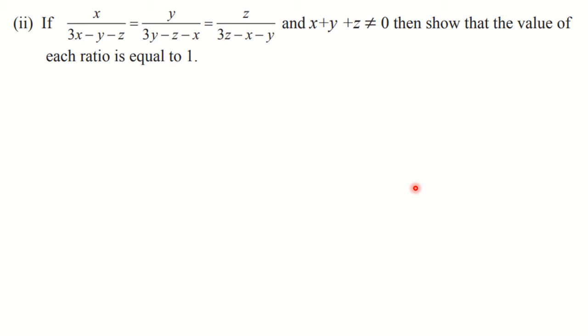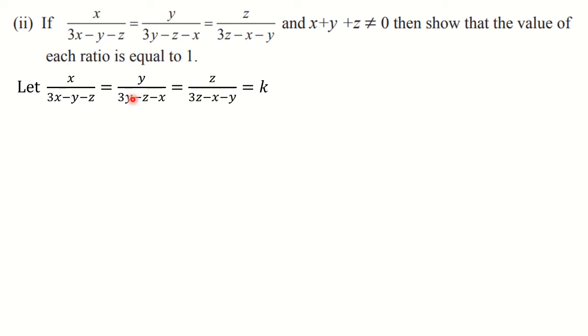So always start with what is given to you and take those 3 ratios as k. I told you why to take k, so that we need not write each ratio every time. We can write down k. Okay, so you can write this way: let all the three ratios, they are equal to k. These ratios you will copy down from the question as it is.